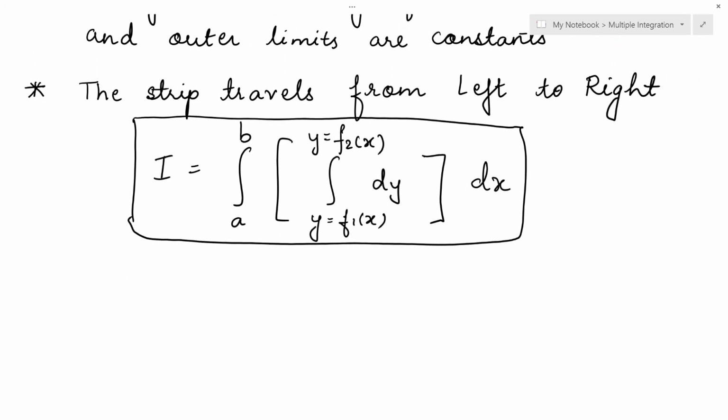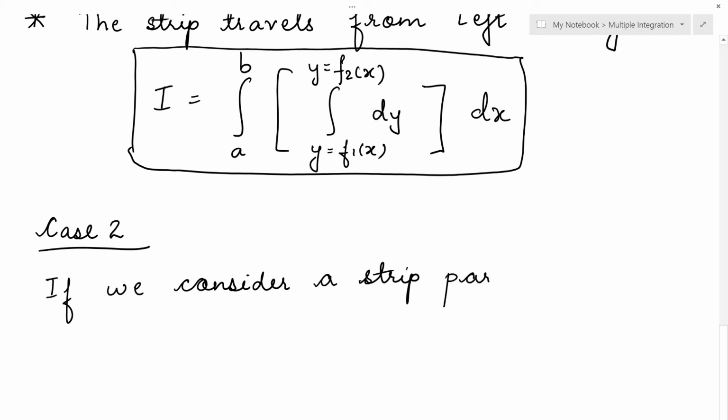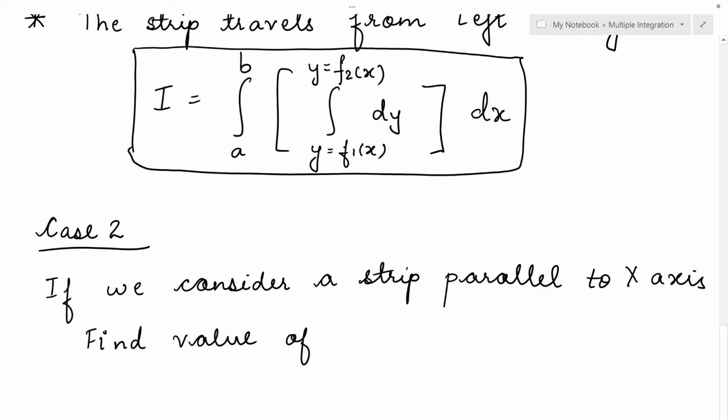Fine. Now let us take case 2. Now case 2 is exactly opposite of case 1. In case 1, what did you do? We are considering the vertical strip. Now in case 2, we will consider the horizontal strip. That is, we will consider a strip parallel to x-axis. Okay, we'll consider a strip parallel to x-axis. So in this case, you have to find the value of x